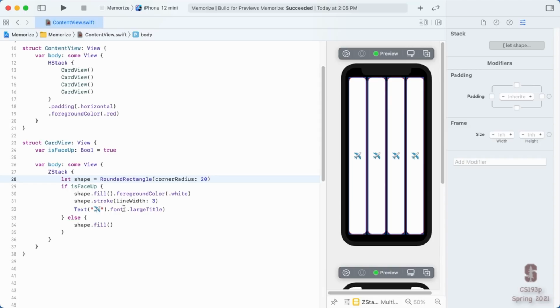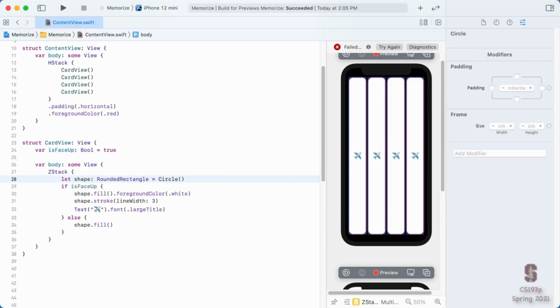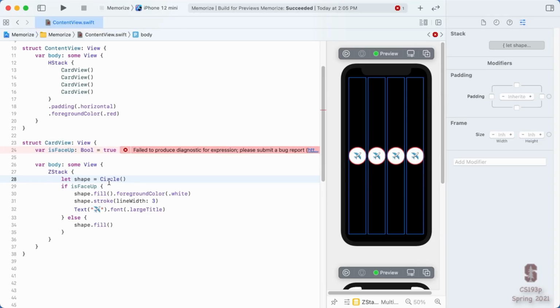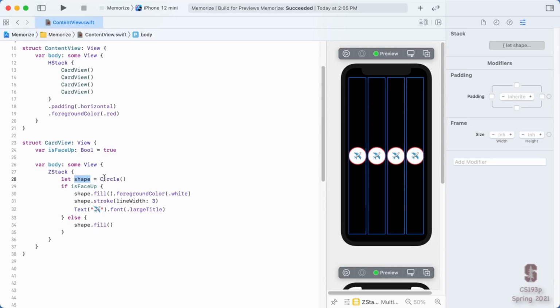And that's, again, not only good for less typing, but what if we left that in there and we decided, no, I want my cards actually to be circles. I'm going to type a different kind of shape in here, a circle. Well, of course, that's going to generate an error because a circle is not of type rounded rectangle. But if I had left that off, then when I changed this to a circle, it would all just work. See, look, those things changed to be circles instead of rounded rectangles, and this shape automatically changed to be the right type. We let Swift infer the type.